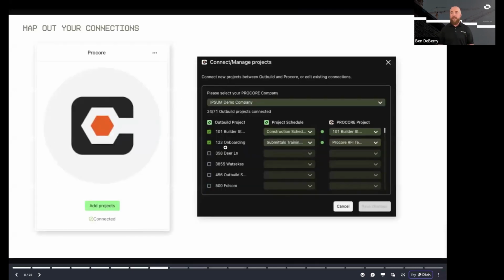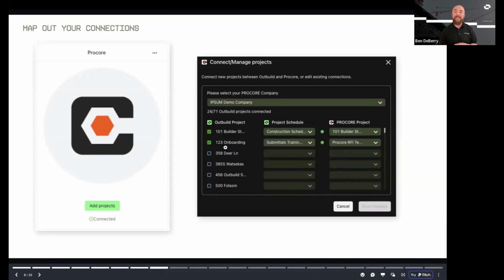So let's start with that foundational piece of how this integration works. And how that works is we want to map out our connections first and foremost. So anybody that has admin permissions within Outbuild can log in, go to your integration settings, and make sure that Procore has been connected.